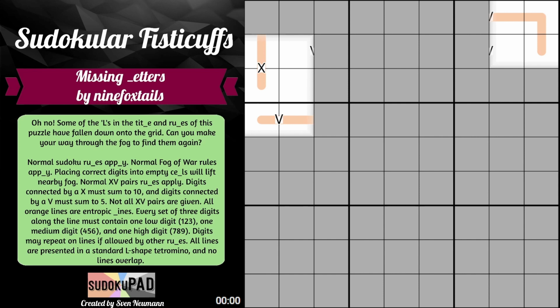So, what happened was they put this prompt forward, and two people were asked to pair up as opponents, and between them they would set parameters for puzzles that they would have to set, and then they would post both of those puzzles. So this first puzzle here is called Missing Edders by Nine Foxtails, and we'll get to that in a second. They, along with Mellory, decided